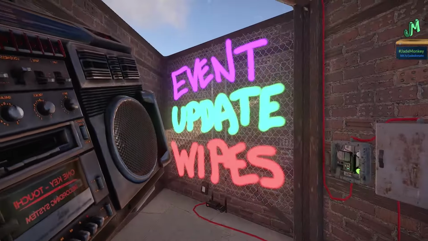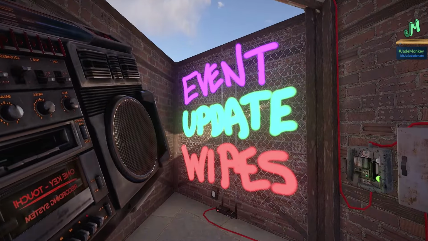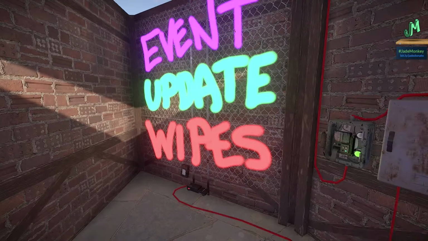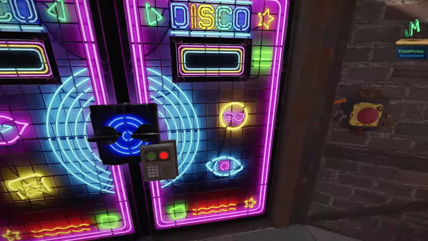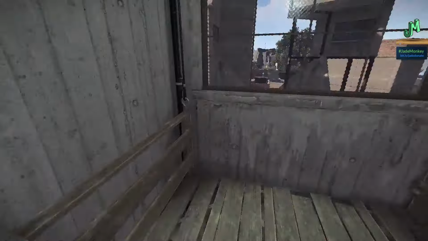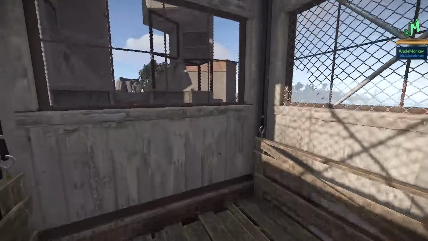Hey, welcome back, everybody. Today we're talking about the event that's currently going on for us, and the update that's creeping up this month, and the wipes happening for us on main branch and also for my custom servers. And yes, we are talking about Rust Console Edition for the PlayStation 4, the Xbox One, next generations, and everything